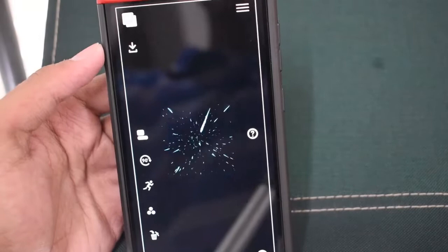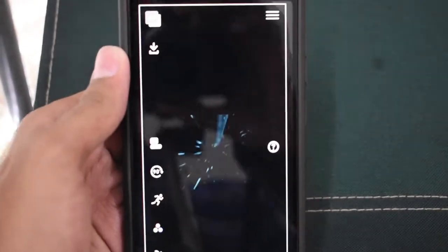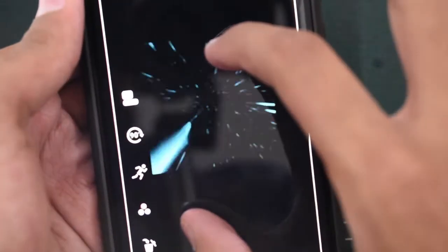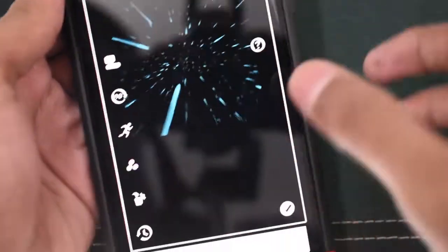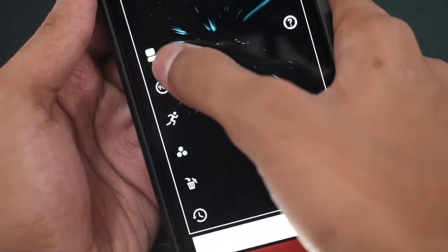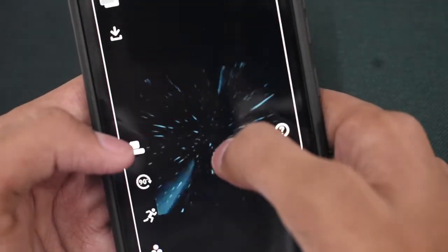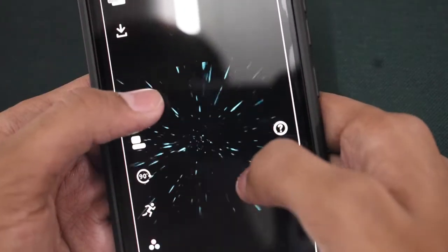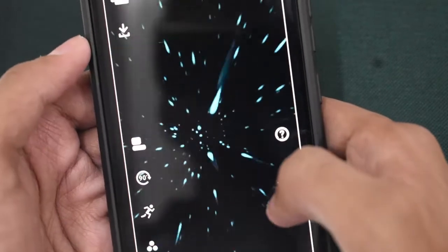Now how can you position it properly? If you can see, the positioning in this GIF is not so good. So what we'll be doing is you have to zoom it in and then you have to select it. For that you can use this button and then you can take good help of this. Now what I'll be doing is I'll take it as a full screen GIF, so that it will look like